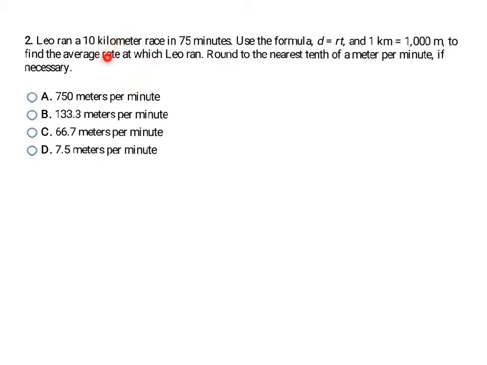Here we're given a number that's in kilometers and a number that's in minutes for their units. But our answer needs to be in meters and minutes. So the first thing I'm going to want to do is convert this 10 kilometers to meters. The way I'm going to do this is set up a proportion. So 10 kilometers, I want to know how many meters that is, and I'm going to set that equal to my conversion,